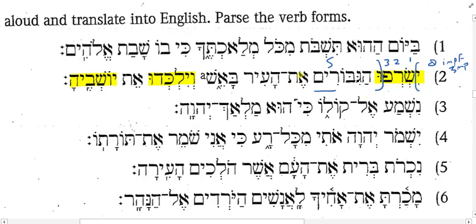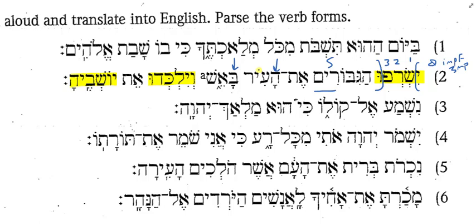Now I have a direct object marker et with a definite direct object because I've got the article here. So what will they burn? Et ha'ir, the city, and then ba'esh is written here. They will burn the city ba'esh. What is esh? It's fire. And I have a bet preposition right in front of it. Now, what is the most frequent translation for the bet? Okay, "in." But what are some of the other ways to translate a bet?